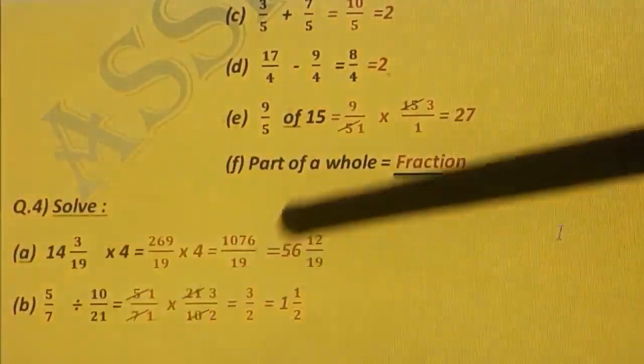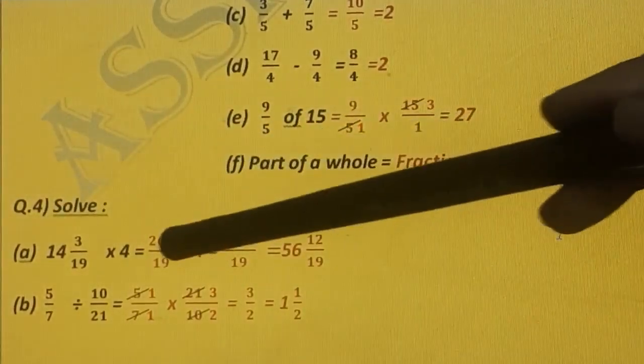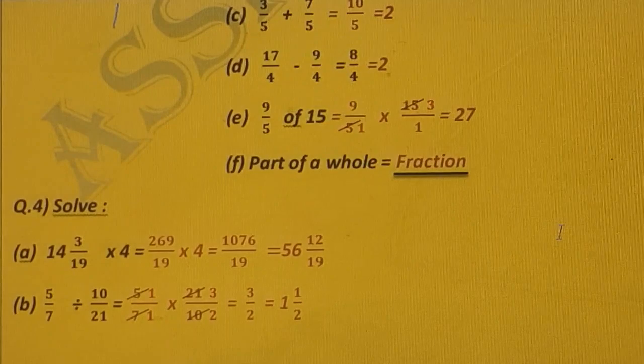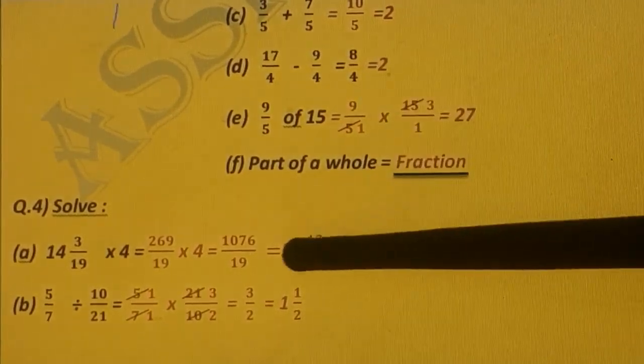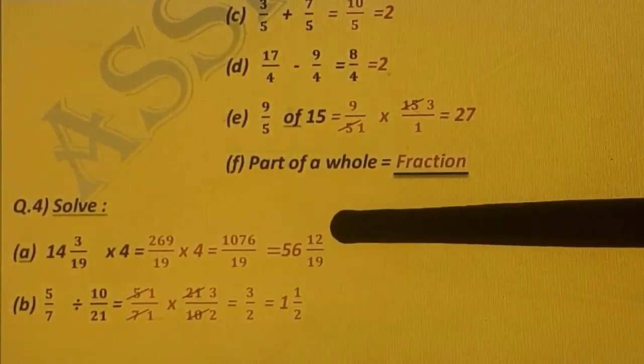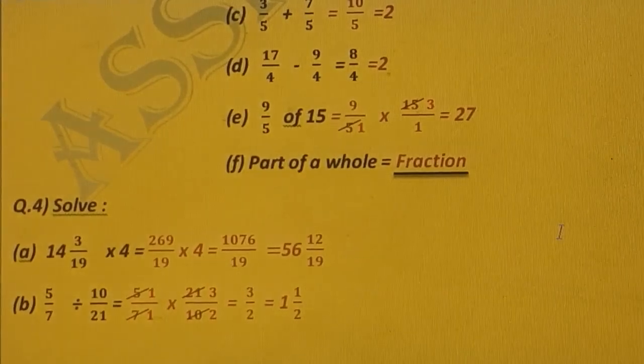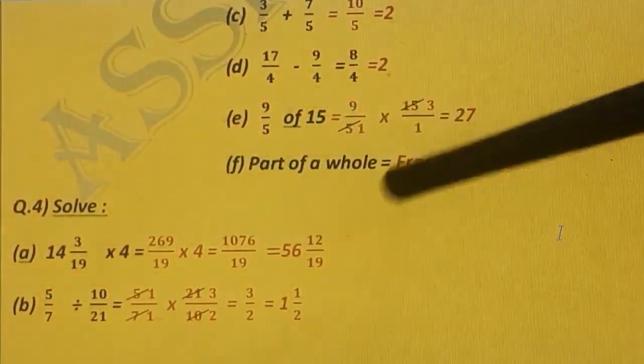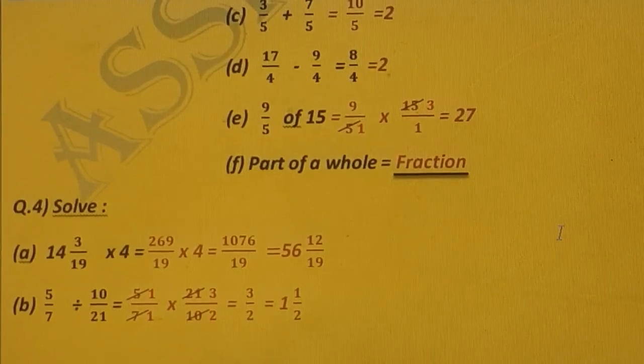So if you are getting this type of question, solve it and then find the answer. If it is a fill-up, then you will write only 56 whole 12 upon 19 in the fill-up. Remaining calculations you will do in rough column. That is, you fill in all these answers in the same fill-up. Do carefully.